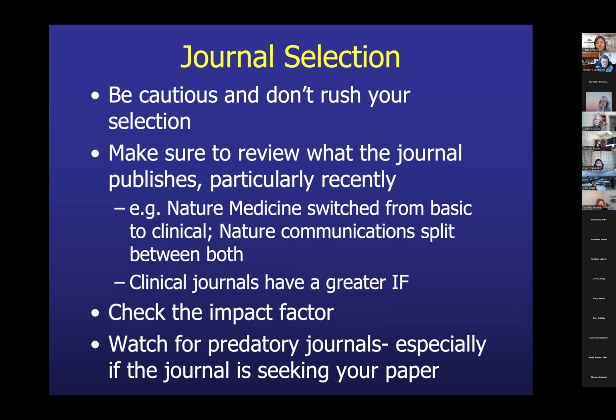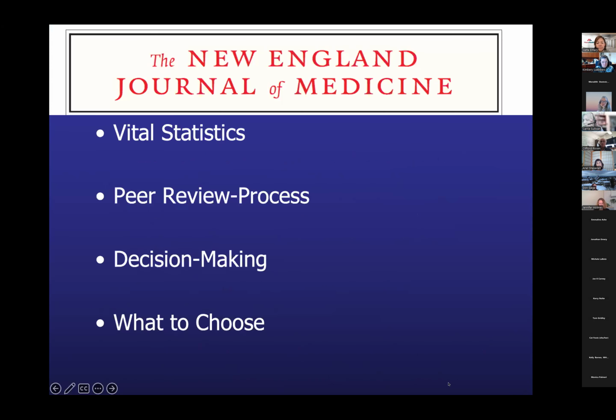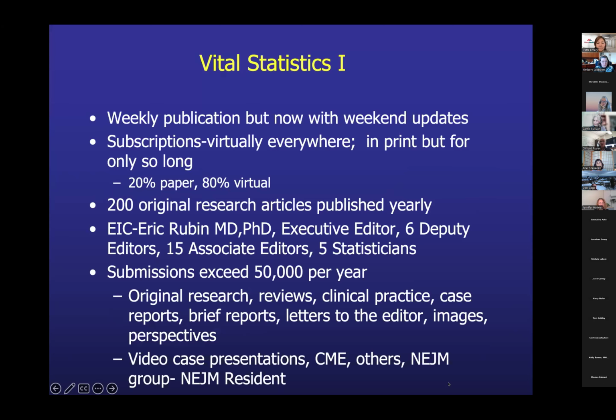So those are the kind of traps and problems that arise when you begin to think about where and how you're going to publish. So this is just an outline of some of the things I'll talk about. But New England Journal is published weekly. It's now almost all virtual, and this is quite a change from 10 years ago, and even from last year. It's now about 90% online and about 10% paper.